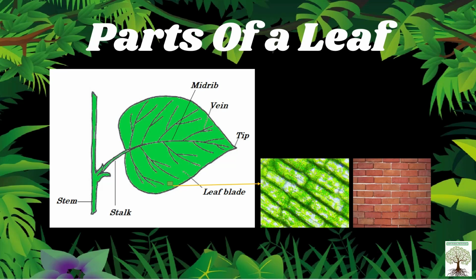See, we know that cells are the main building blocks of all living organisms, right? The bodies of all living beings are made up of tiny cells. Now these are so small that we can see them only under a microscope. So this is the picture of the cell of this leaf under a microscope. Okay, now cells can be compared to the bricks that make up a building. We can compare the cells of a leaf with the bricks that make up a building. Leaves are also made up of cells, and several rows of cells make up the leaf.